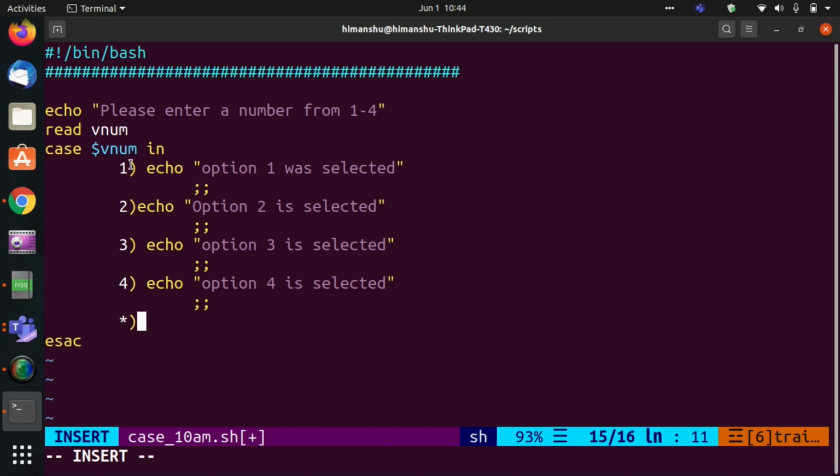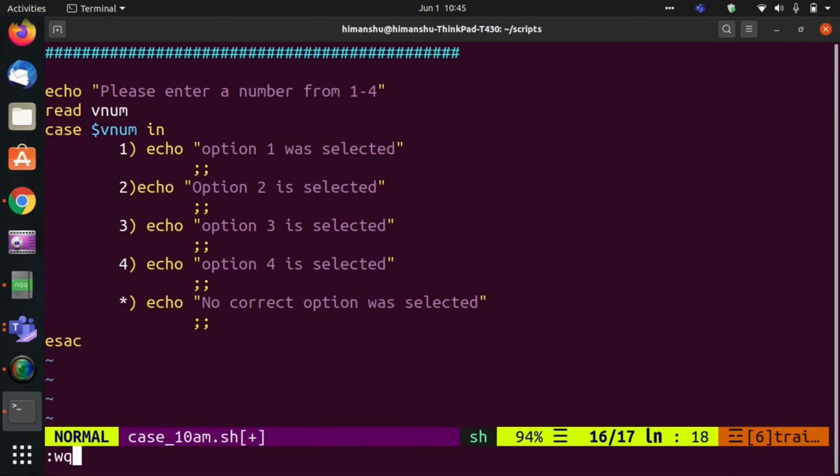Star means anything apart from these numbers that you are putting, anything apart from these cases. I will show you right now. So let's say echo no correct option was selected.